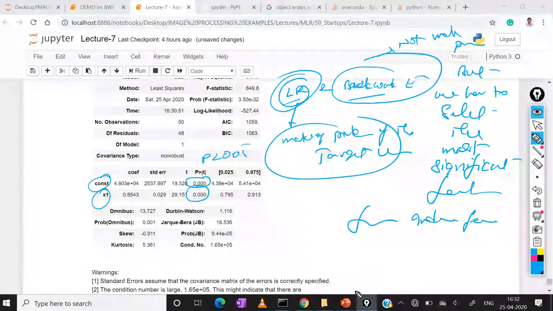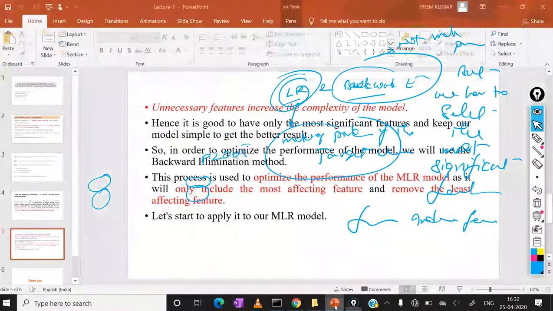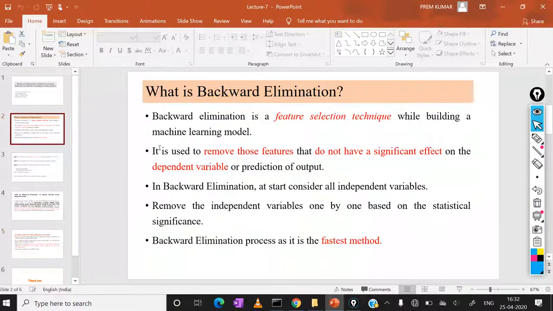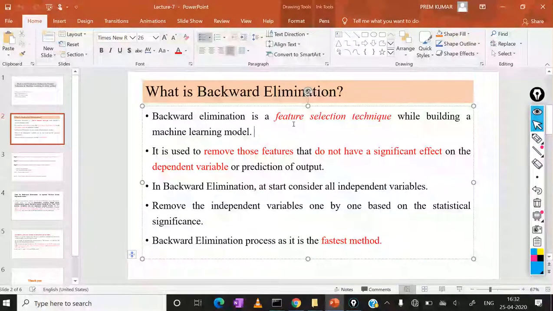So that is the concept for today. If you go again to the PPT and see it, you can understand the intention. Backward elimination is a feature selection method, and it removes the features that do not have significant p values.